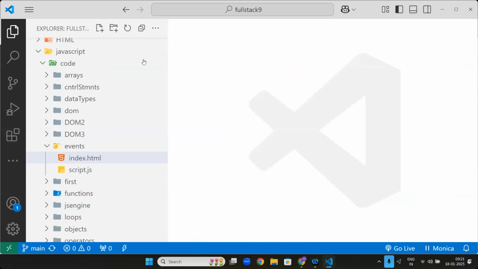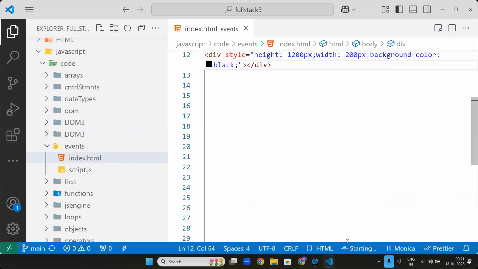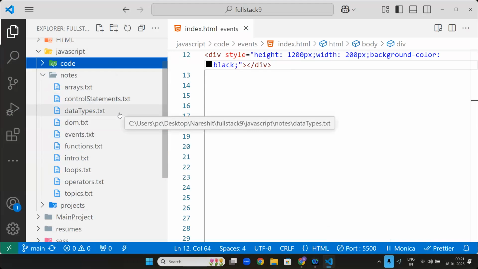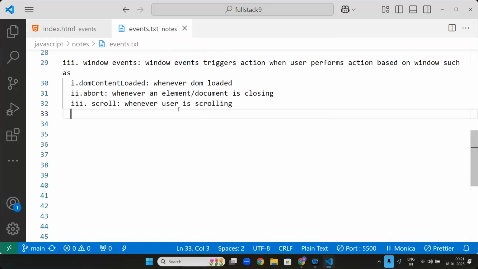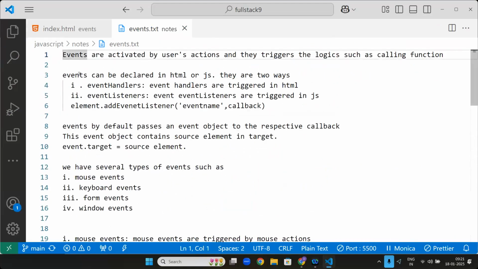Now, let me run it. This is what we have discussed, sir, yesterday. Yesterday we discussed events. We discussed a topic such as events, and we understand what is an event,